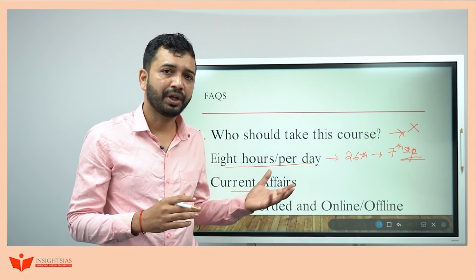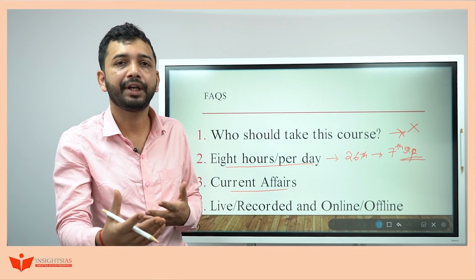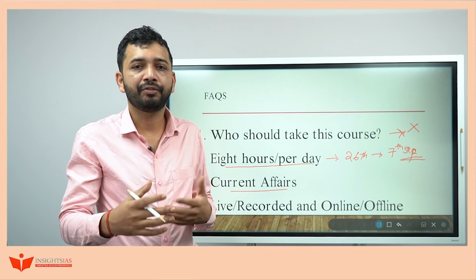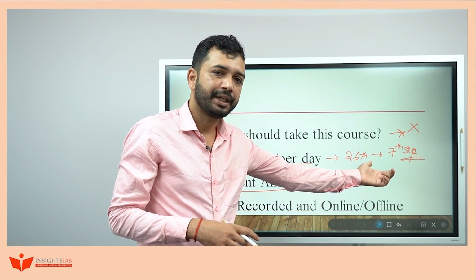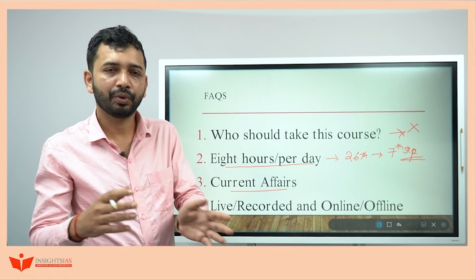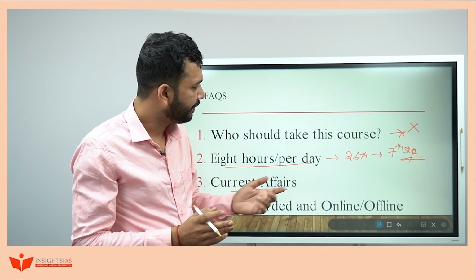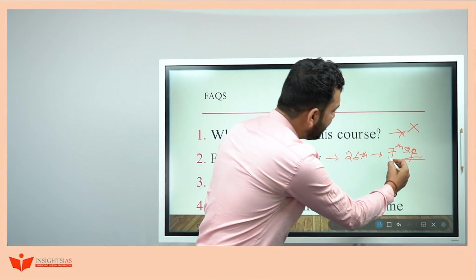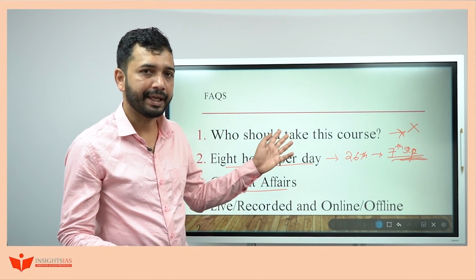And also if someone is not that quick at grasping, if they have covered it once but giving 8 hours again becomes very difficult, then they can also follow the same strategy: take one class per day, and whatever has been taught in the class, go and revise at home, and cover the relevant current affairs, everything. Then you can finish the entire syllabus by 7th September with proper revision and proper direction.